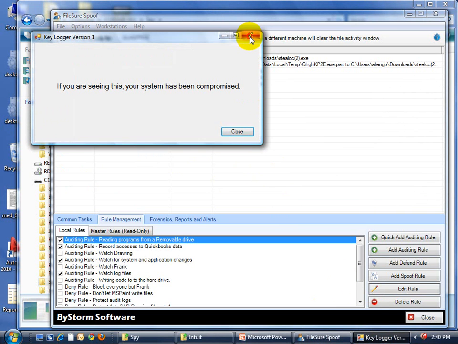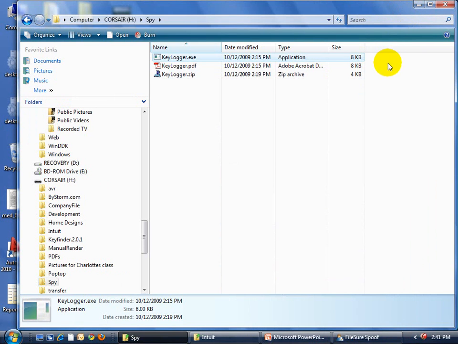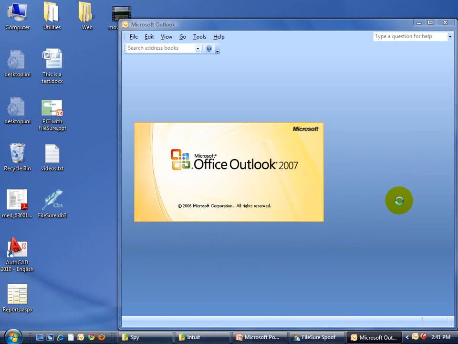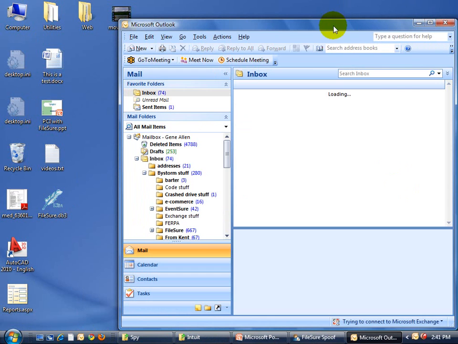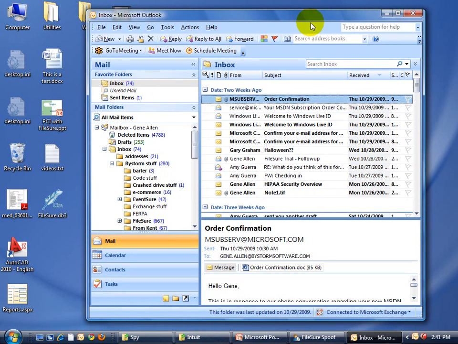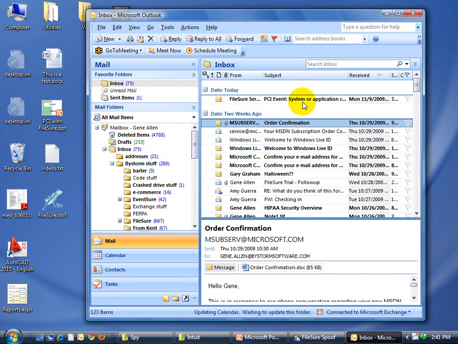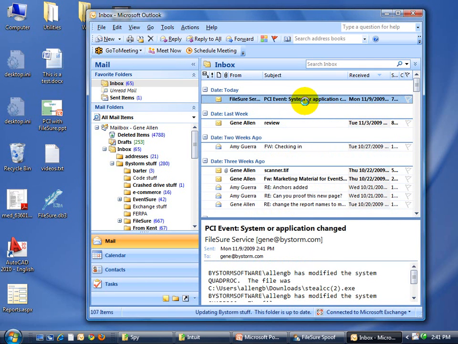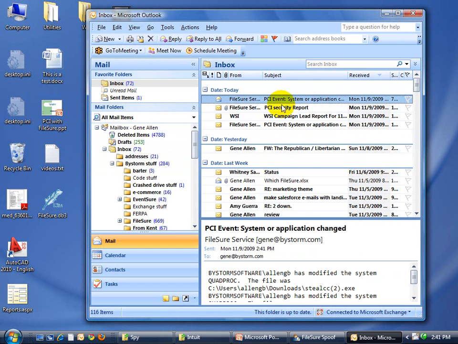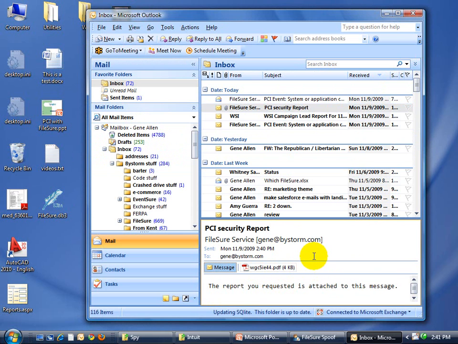So FileSure is doing everything that it needs to do for this complicated 10.2 section, and we just need to make sure we got our reports and we get our emails here shortly. Let's start up Outlook and see if we got our email. Come on. There we go. This is actually the alert that came through, the PCI system alert. Where's our report? And there's our report right there. So if we open up the report,